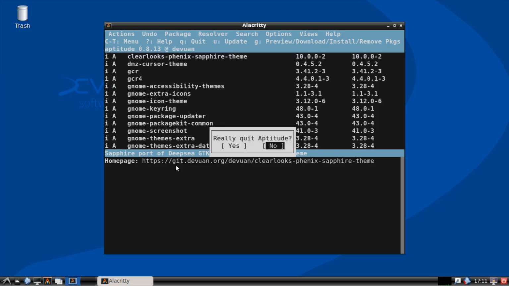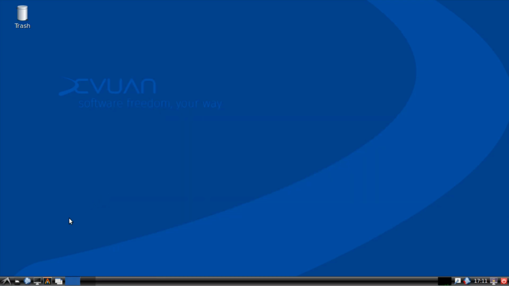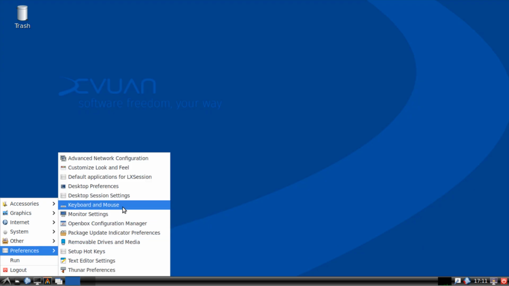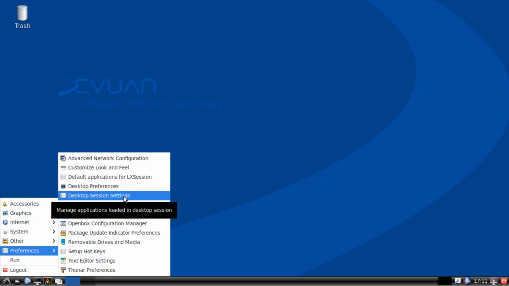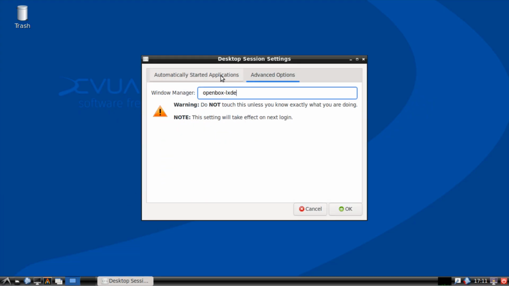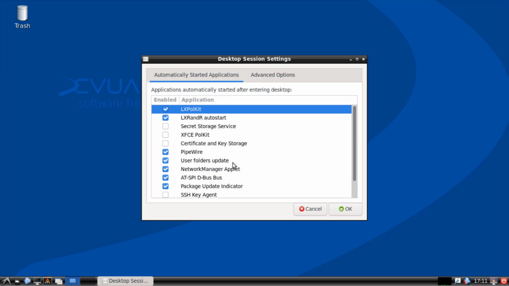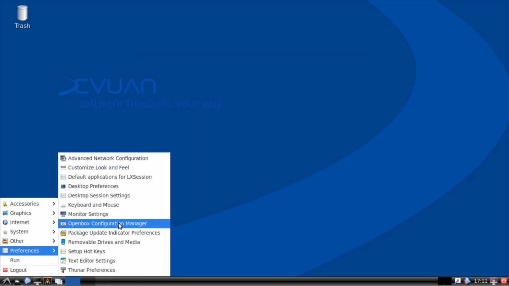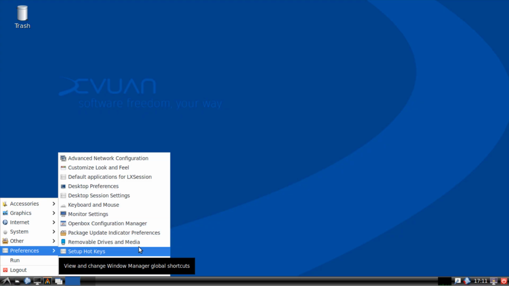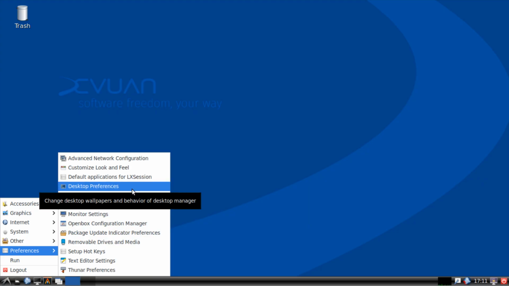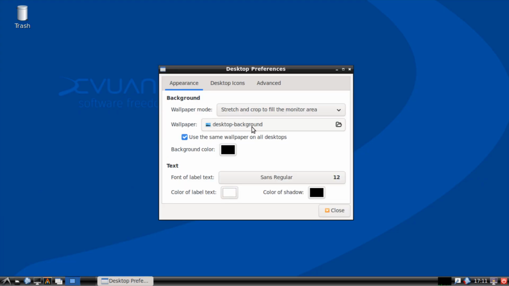Okay, this is what I wanted to check. Preferences, monitor settings, desktop settings, sessions. Here you can choose the window manager and some autostart stuff, and then you can set the package update indicator preferences, desktop preferences, this is just the normal one,